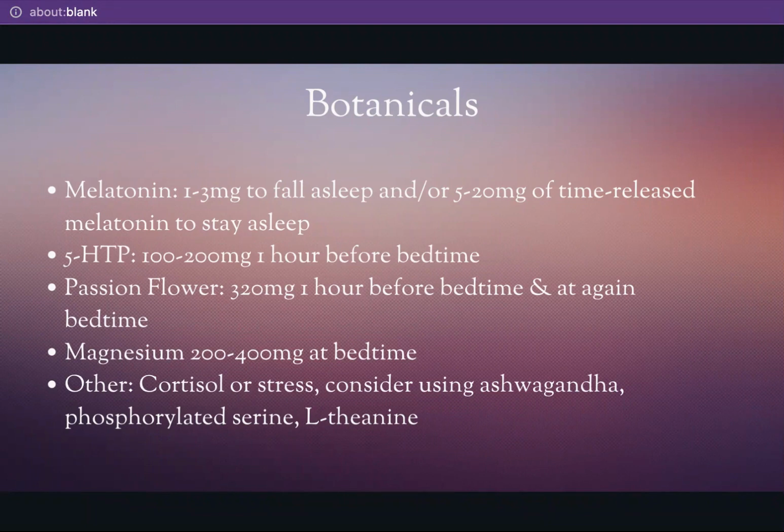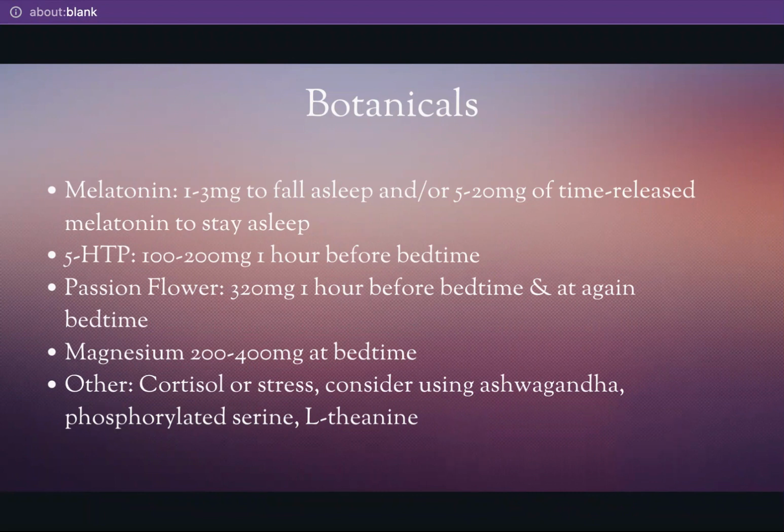All right. So say you've tried all of these things and you're still having problems with sleep. I will tell you personally, I am a lover of botanicals to help me sleep. I've tried so many different types, and there are so many different botanicals that work with sleep. But I'll just go over a few here. So oftentimes people think about using melatonin, but the truth of the matter is melatonin is really great to be used if you're doing like jet lag.